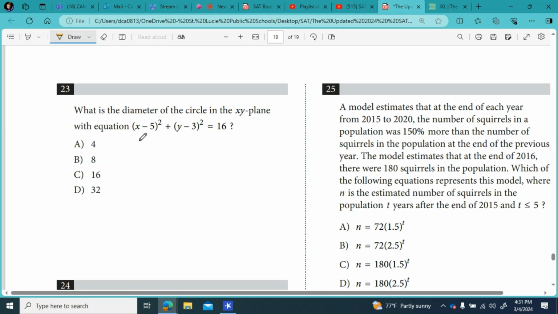So if you know your circle formulas, then you know that this over here on the edge is your radius squared, which means our radius is the square root of 16, which is 4. Our diameter is the radius times 2. So 4 times 2 is 8, that's our answer. And if you are not familiar with circle equations, you can just take that equation